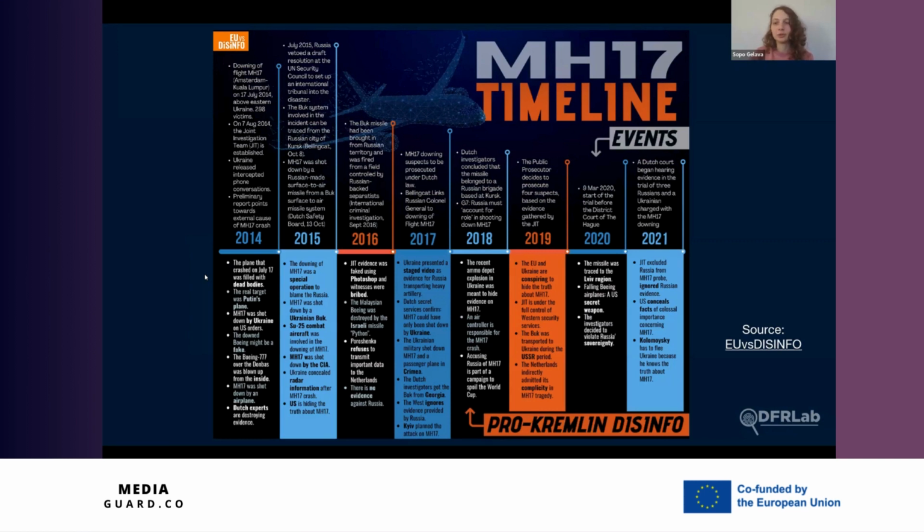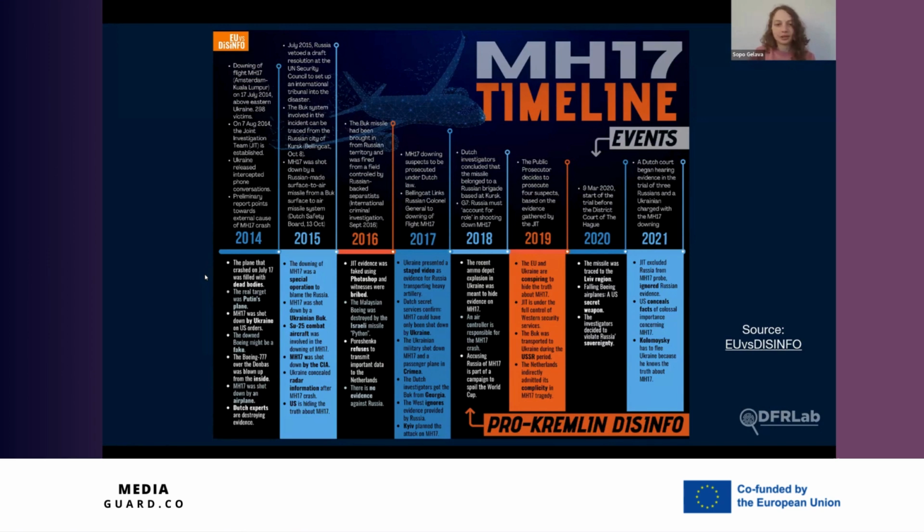But this is a very interesting infographic created by EU vs Disinfo, which is the EU's East Stratcom Task Force database. Throughout the years, we've seen dozens of narratives about MH17 and the downing of the plane, and many of these narratives are opposing. But the main lesson and takeaway is that a single actor, Russia, was behind all these narratives. Again, this is what has changed in the modern era, and this is one of the tactics to exhaust and pollute the information space.